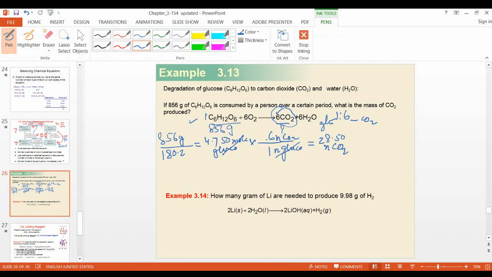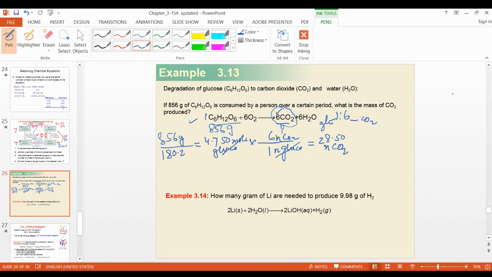I'm just following the same steps I showed in the previous slide. 4 steps only. First of all, the gram of A changes to mole of A. On this step, the A will finish and B will start. So the mole ratio you get from the chemical equation, then you cancel it, and after that you multiply by the mole of carbon dioxide. That is how you get the mole of B from the mole of A.